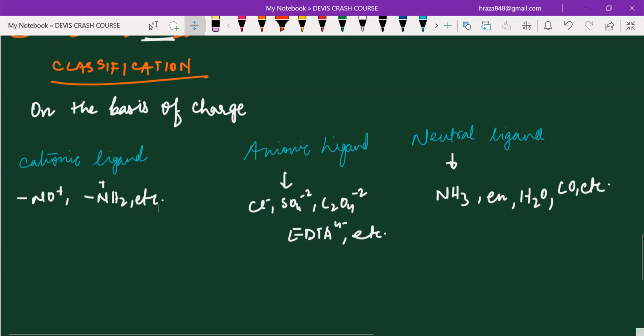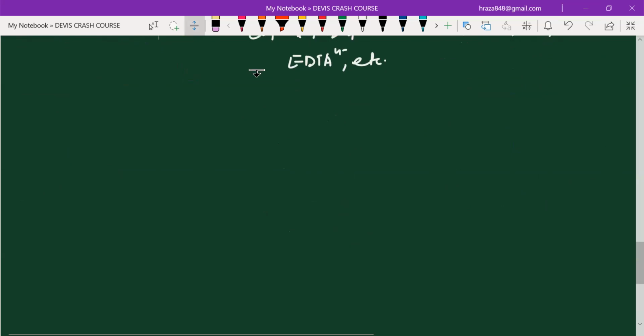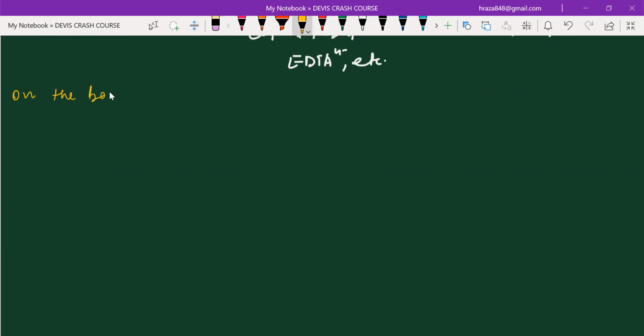Now come to the classification of ligand on the basis of denticity. Do you know what denticity is? Basically, how many bonds can a ligand form? There are ligands that can form more than one coordinate bond. That is called denticity. So in short, I can define this as